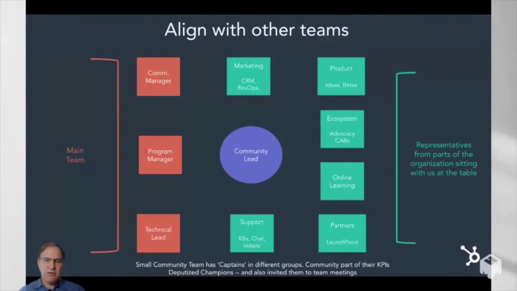Have those people work closely with us to ensure that whatever we're doing on the community can meet the goals of the functional groups within the company, right? So it could be the marketing group that has CRM, product group. Obviously, they're going to have ideas, or they could run ideas, ideation, and betas on the site. It's important that somebody on the team works to make sure that each person knows what's going on.